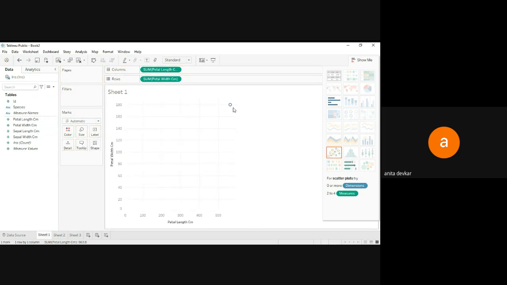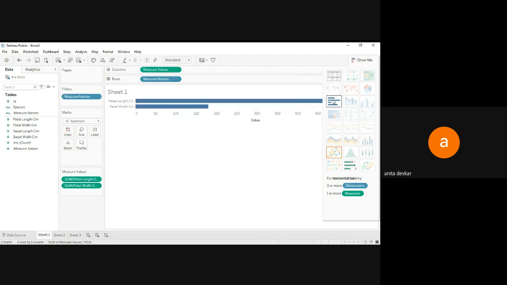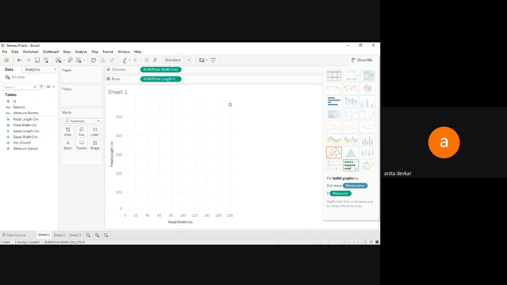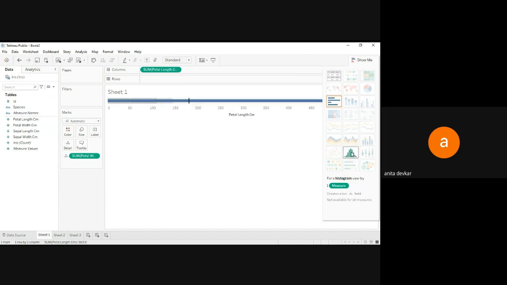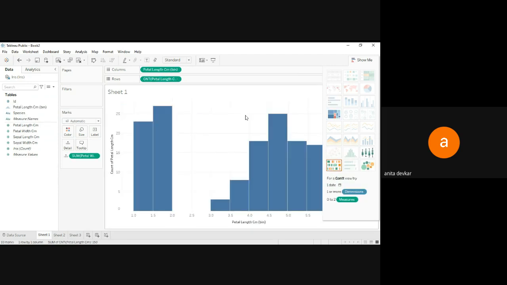You can see Tableau automatically shows the visualization in the main area, and here on the right hand side you can see the Show Me section, and from this Tableau automatically enables the visualizations. That is, you can use this visualization, or this one, or this one, or this also. So likewise you can create visualizations with the help of Tableau.